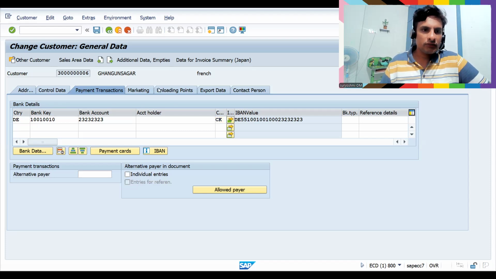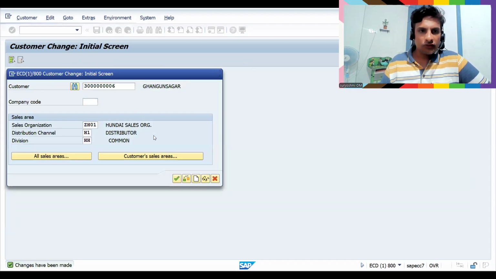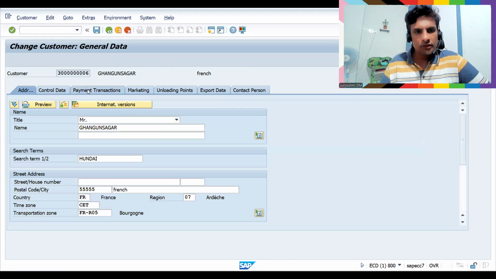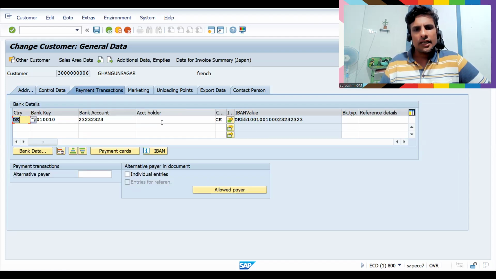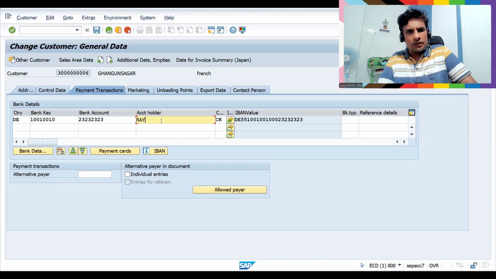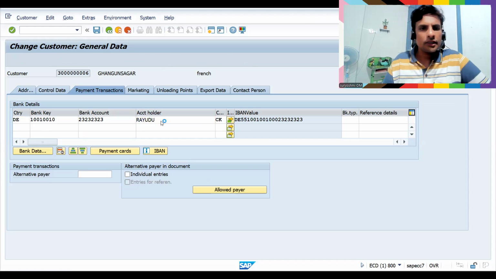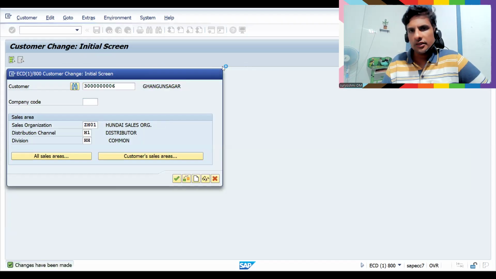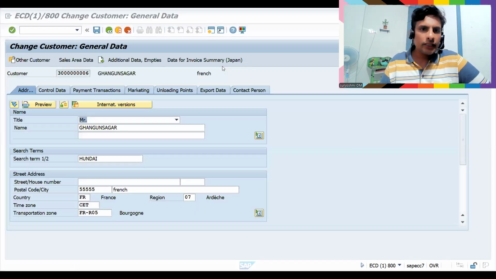But save this, it will allow us. If you would like to check in change mode also, it will be there. That is how it happens. So you can write it this way, no issues. Account holder name, but in real time it will be with real details. So I think you understood, right? So what you have to remember in this context.